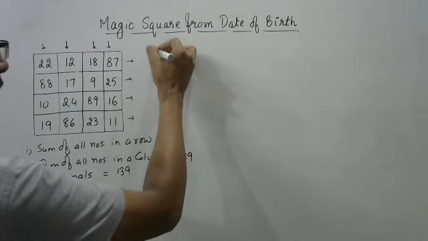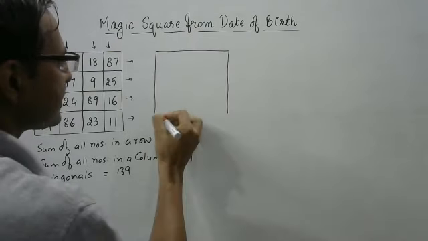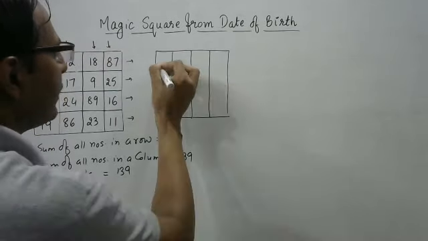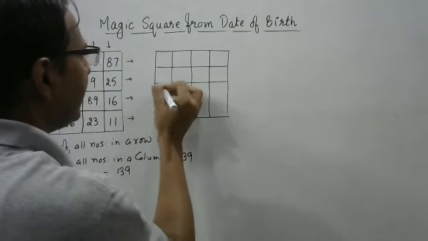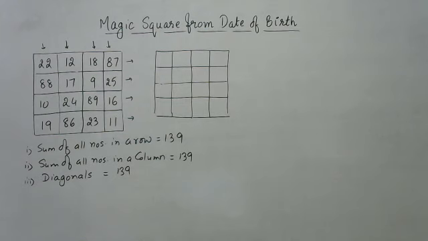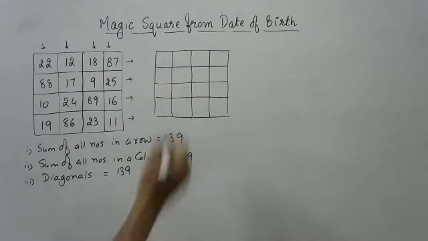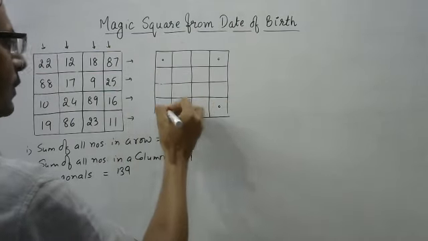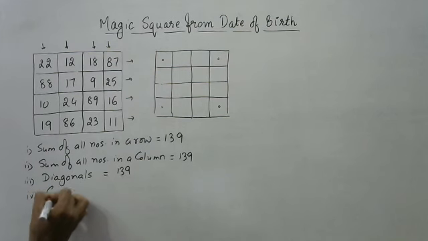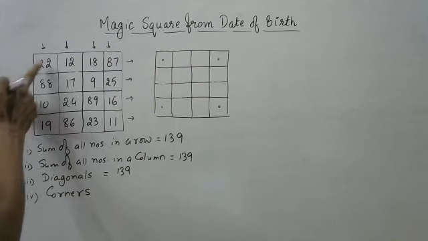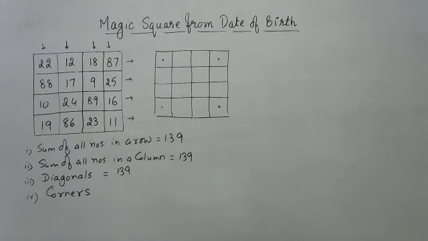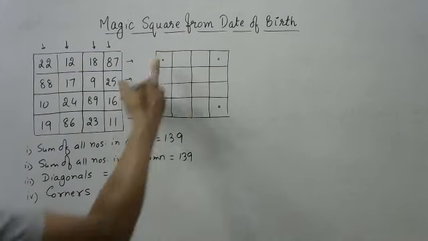If you have a 4 by 4 matrix which I have drawn like this, so I am drawing yet another just to represent which 4 numbers will have the sum as 139. Apart from these 3, the first one is just check the 4 corners. So corners 22, 109, 128 and 139. So again corners has the sum 139, the 4 corners.